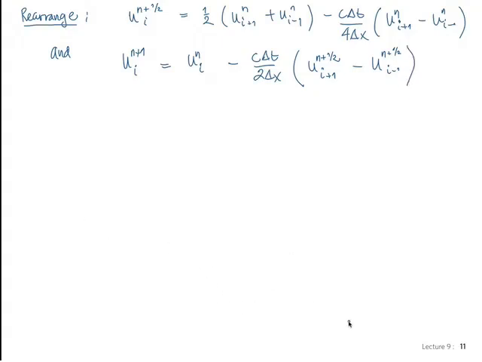So here are two equations. You see the first equation gives me all the values that appear here on the right hand side for the second equation. We need these two sub-steps within each time step to get our final solution. This method is stable for a Courant number less than 2